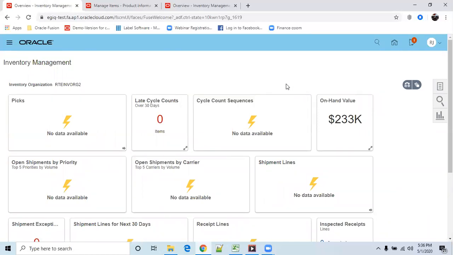Now we will see how to create a parent and child lot combination. Usually this parent and child lot combination is used in the food industry or medical industry.